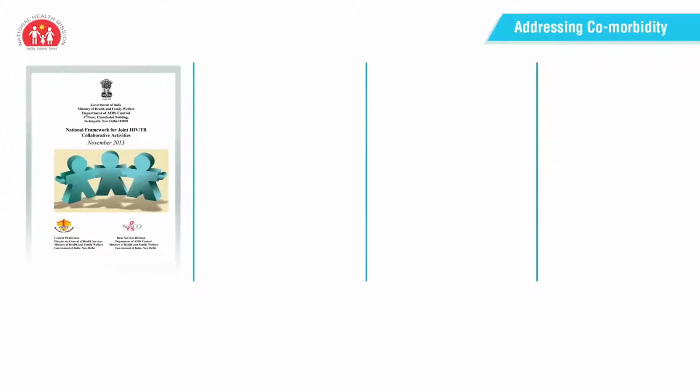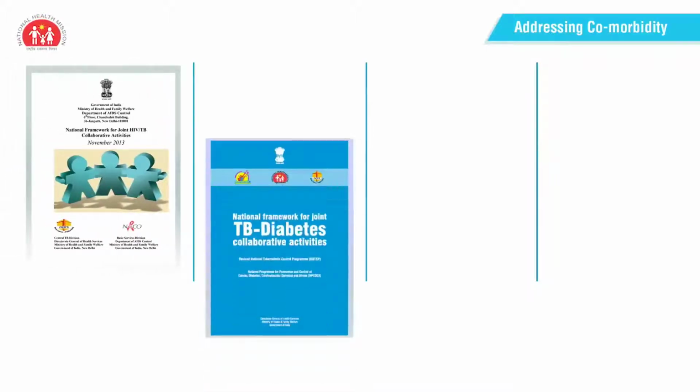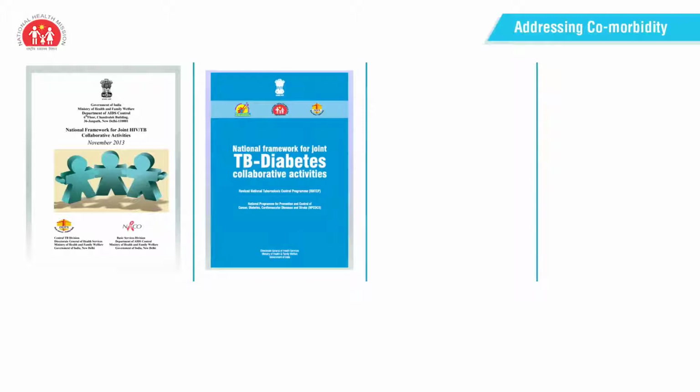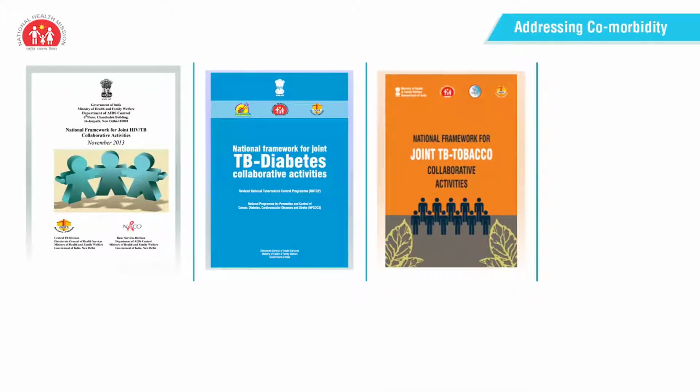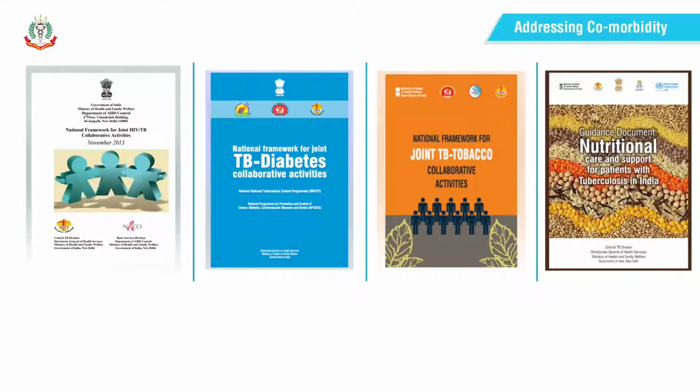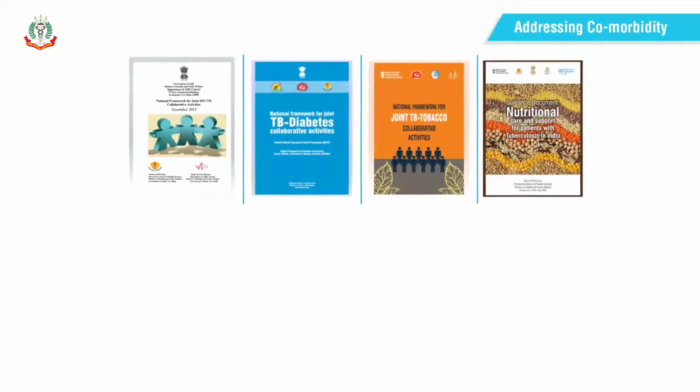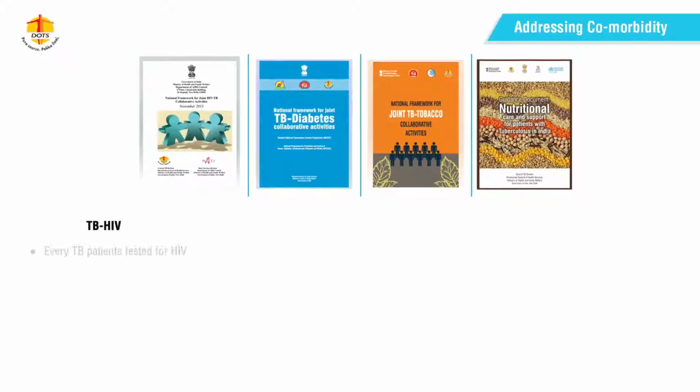Apart from this, the program also addresses comorbidities. The primary comorbidities addressed in India are the HIV TB co-infection, the TB diabetes comorbidity, the TB tobacco collaborative activities, and very recently the TB nutrition guidelines have also been issued, and systems are being developed to develop an app called NTB app. So in the TB-HIV collaborative services, the policy is that every TB patient has to be offered